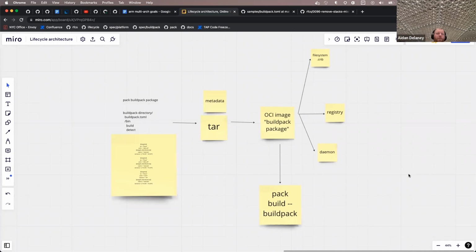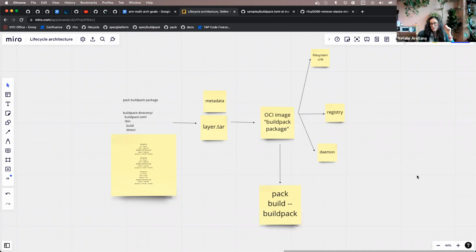Because in some cases, and I think in a bunch of cases, the build package, the tarball, would have ARM specific binaries in it. So if your build and detect were sourced from Go source code or from C++ source code in a horrible universe, your tar.gz file would have an ARM executable, a Linux ELF64 ARM executable.